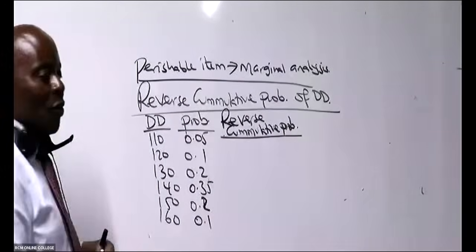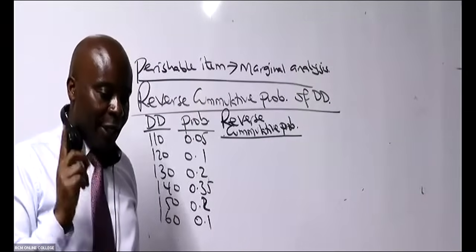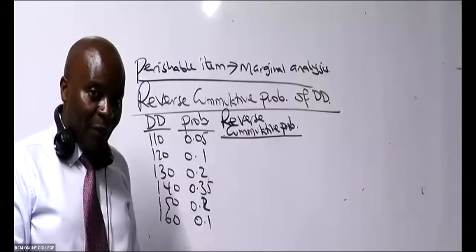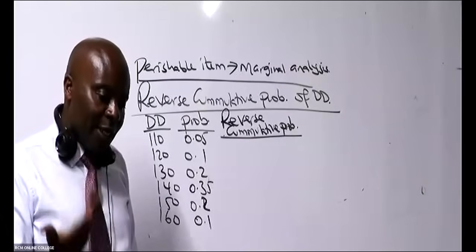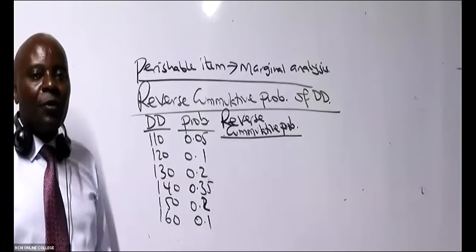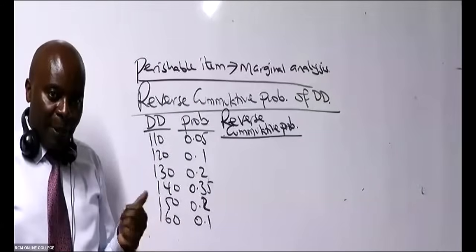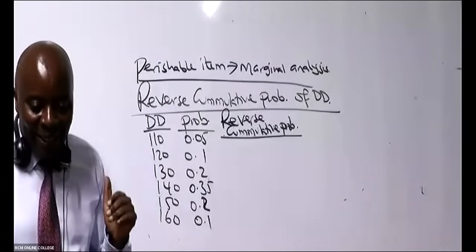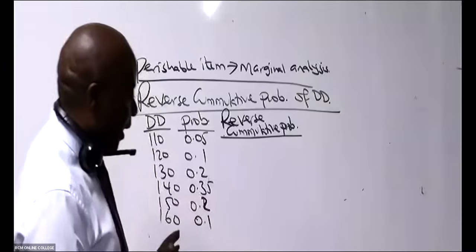Reverse. Remember, in this case we want to succeed. Can somebody define success for us in light of a perishable item? If you're selling fish here today, and the fish will be perishing, success for us will be to sell everything. Success for us will be to have demand being higher than the supply. We would rather disappoint people, and get our money in the pocket.